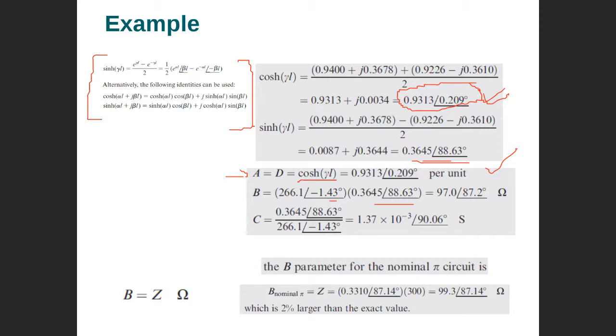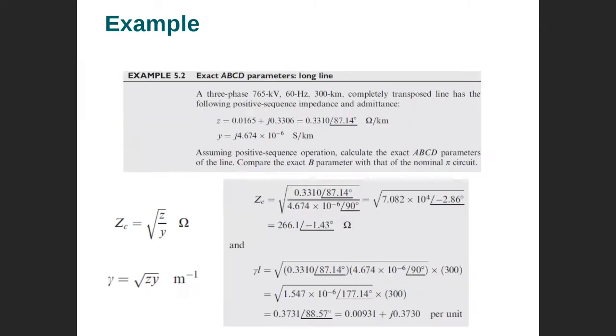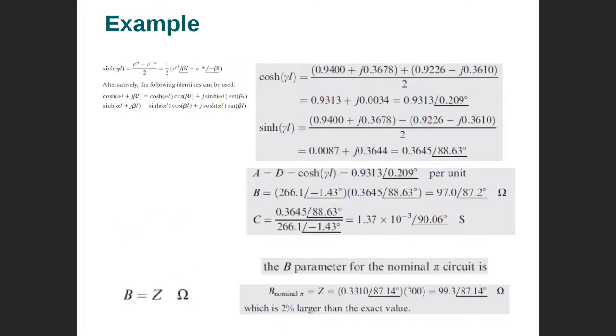So we just make the equations here like this one. 266.14 Z characteristic. So simply we find A, B, C, D according to the equations that are already given. After we find the A, B, C, D parameters,